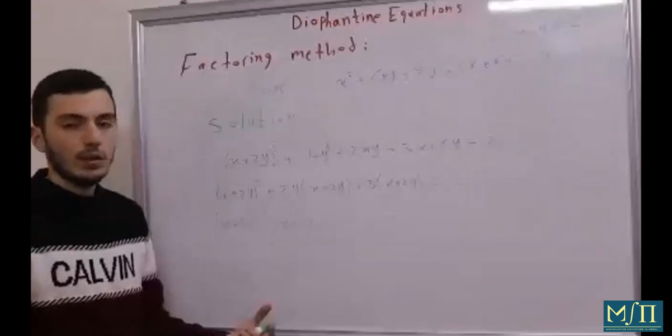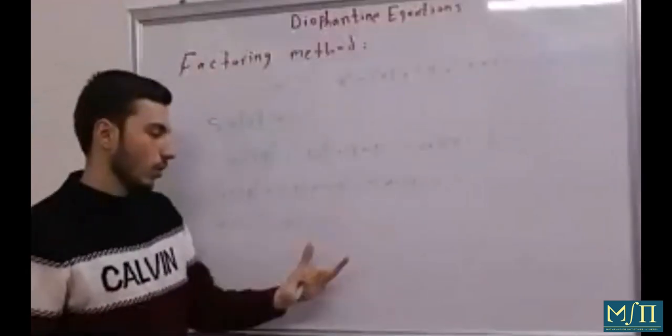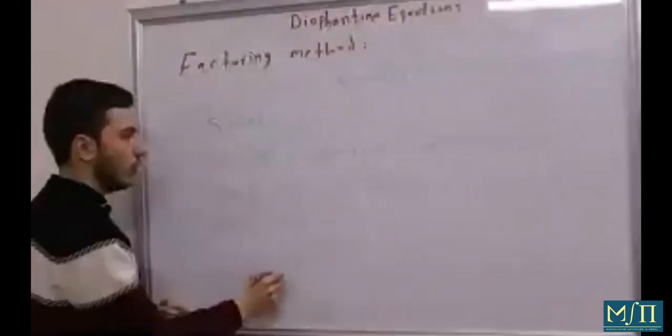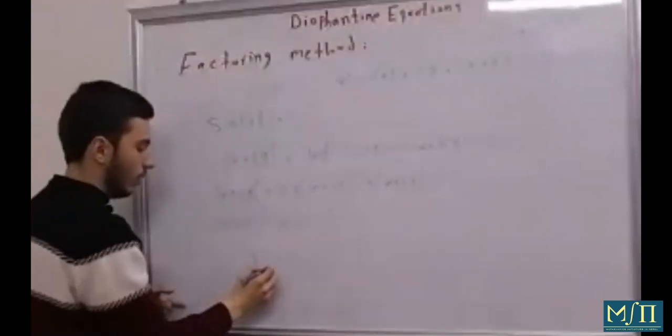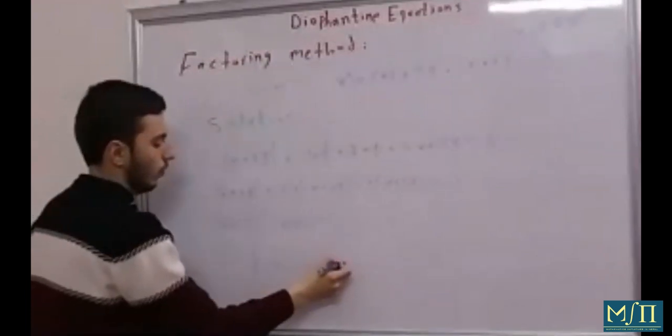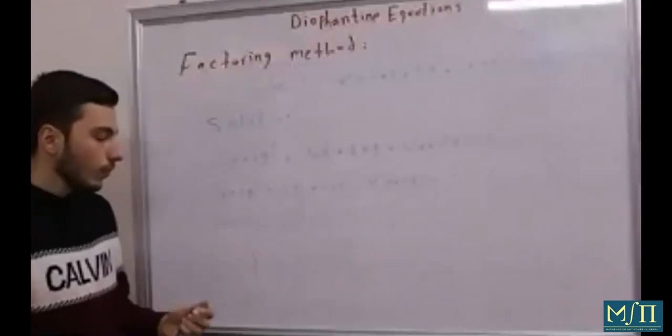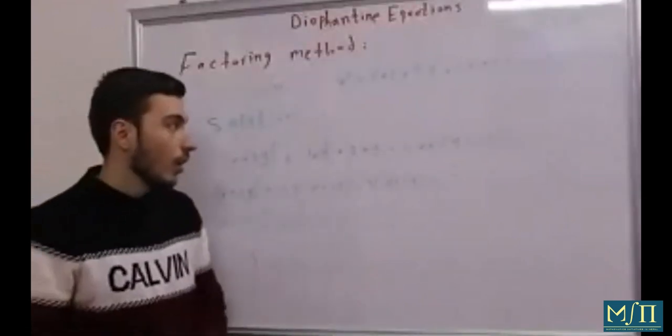And we're done actually, because we just need to discuss the divisors of 2, which are, of course, the negative and the positive: minus 1, minus 2, 1, and 2. And we will get the solutions. And so we're done. Okay, so that's everything